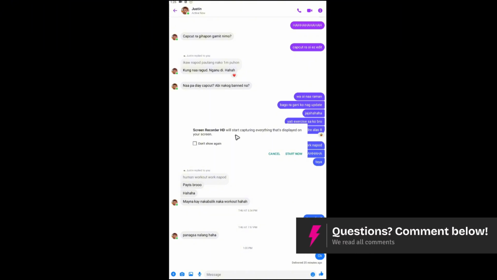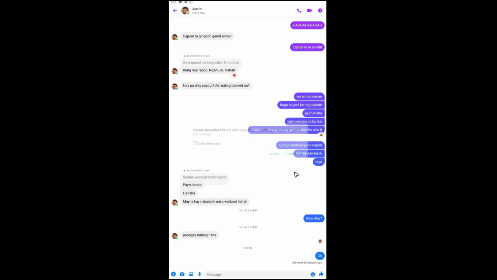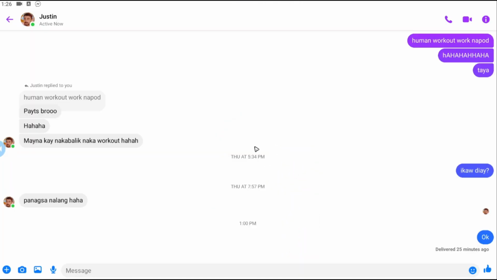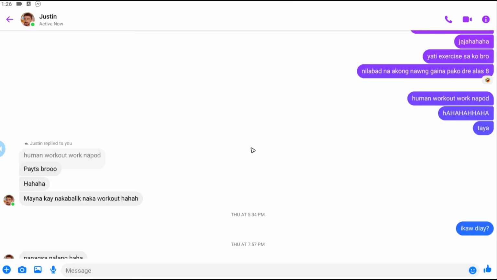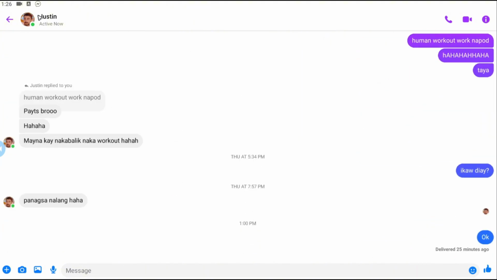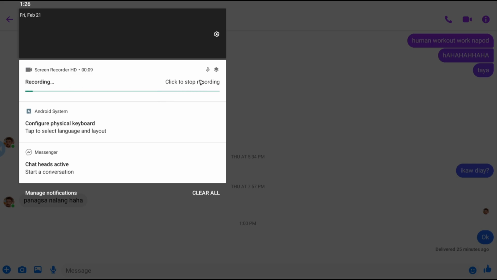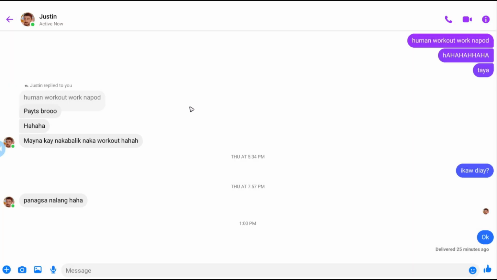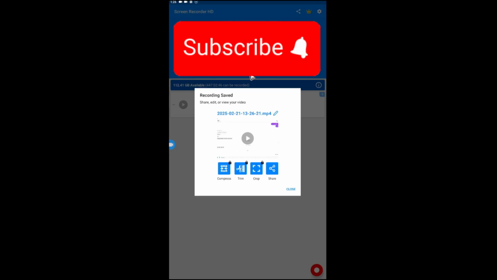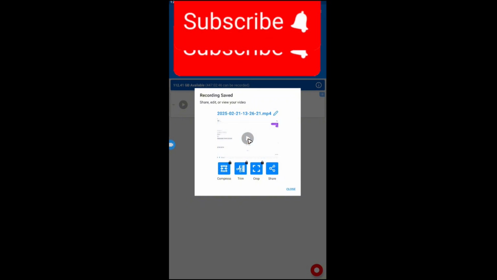The screen recorder will start capturing everything displayed on your screen. Just go ahead and start now, and it will start the recording. As you can see here, I'm just scrolling through here, and the recorder should be running right now. To stop, just click on stop. And you'll be able to see your video right here. And when you play it, as you can see,